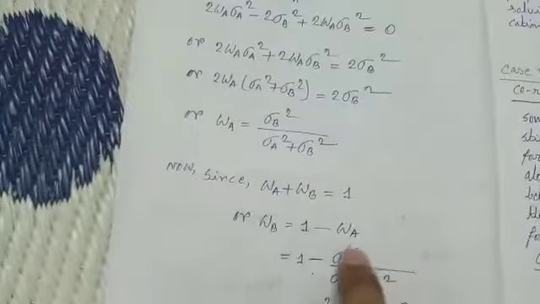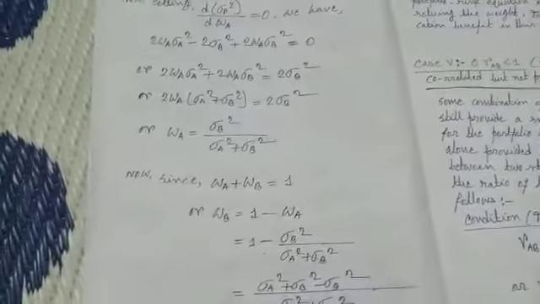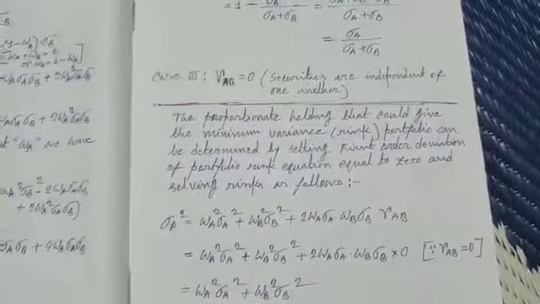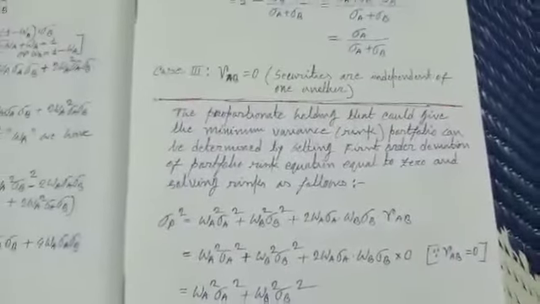In place of WA, that value is to be plotted here. So here WB, the weight of security B, becomes equal to sigma A square divided by sigma A square plus sigma B square. So when RAB is equal to 0, that means when the securities are independent of each other, in that case diversification benefit can be attained to some extent,